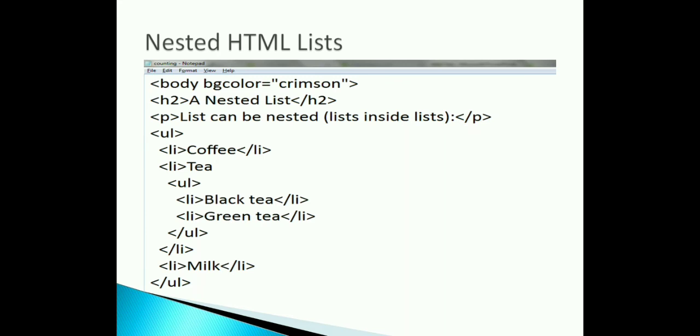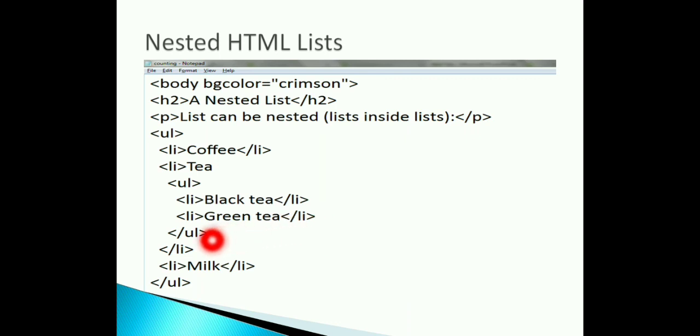Let's move to the next topic, which is nested HTML lists. We can do the nesting with the lists. For example, here I have started a UL tag and I have inserted one item in the same, which is coffee. After that I inserted the second item, but before closing the LI tag, I have inserted one sublist in the same. I have again started the UL tag and I have started the LI and put some value and closed that. Again I have started the LI and I have written some value and closed the same.